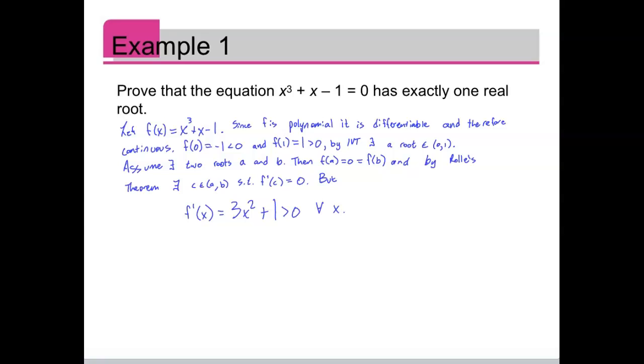All right, so if there are two roots, then Rolle's theorem says there should be a value of C where the derivative is 0, but that's impossible. Therefore, there cannot exist two roots, and there exists